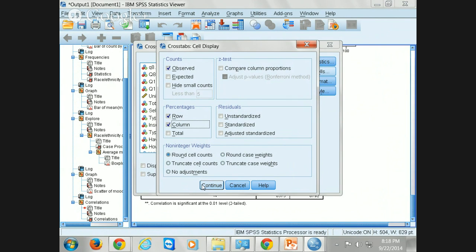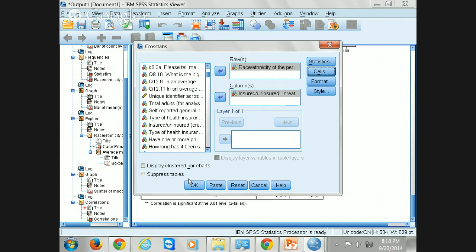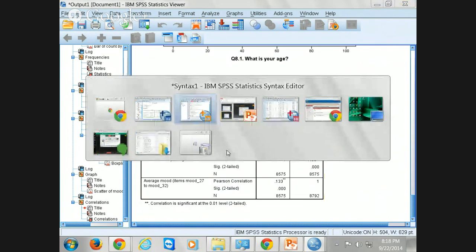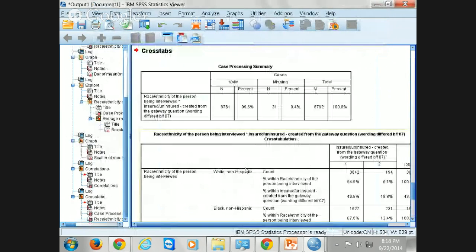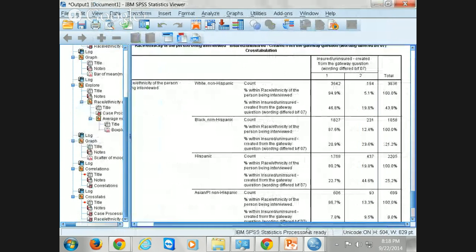Sorry to be rushing, but I want to make sure that we get to the actual Excel piece, because that's more important. I mean, this piece is important, but we're going to be doing this manually in Excel in just a second. So we are going to paste that after we have it set up. So rows is race ethnicity, columns is insured, uninsured. Then we're going to paste that, go to our syntax, and run that. And then, again, like we saw last week,